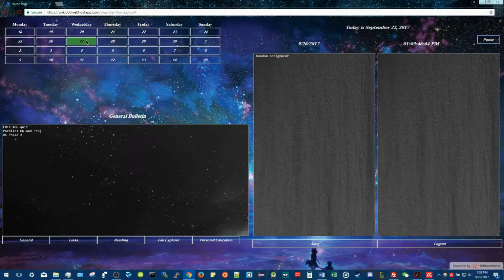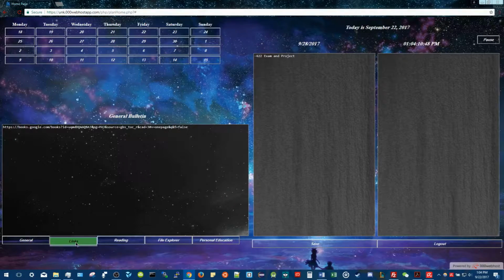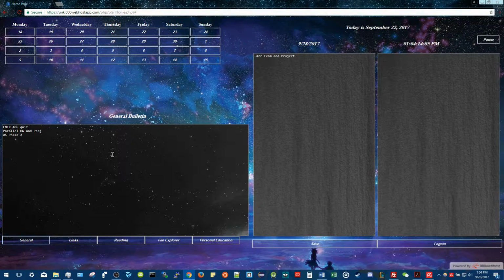So what happens is when I click on a button like the 28th, an AJAX call is made to execute a SQL statement, and it'll go into the database and bring up, based on the date, what's in the content of that day. So it'll bring up in the database that it says 422 examine project. And the same thing goes with the bulletin boards. So make an AJAX call, and then it'll execute a SQL statement and retrieve the information and display it